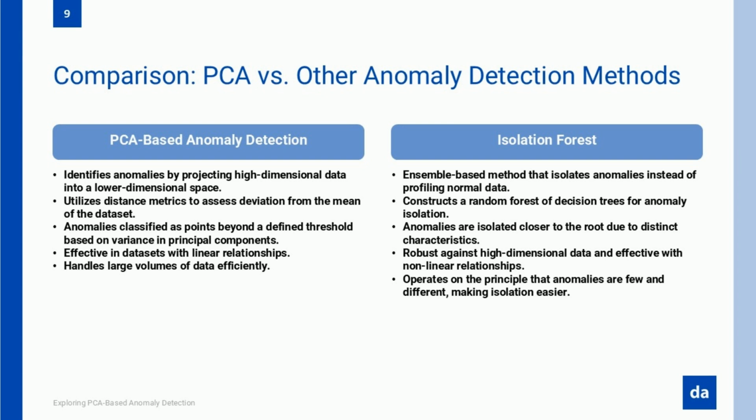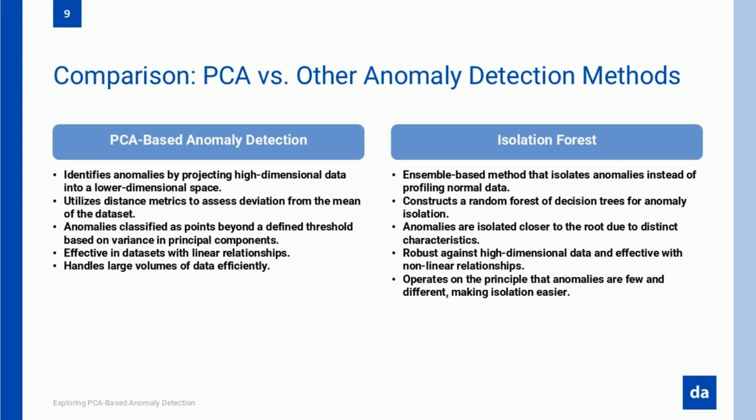Let's break it down. One popular alternative is isolation forest. Unlike PCA, which relies on variance and dimensionality reduction, isolation forest works by randomly partitioning the dataset into smaller subsets. The key idea is that anomalies are easier to isolate because they tend to stand out in fewer partitions. This method is robust to high-dimensional data, doesn't assume linear relationships, and is particularly useful when anomalies are scattered throughout the dataset. However, it requires a good balance of tree depth and sample size to avoid overfitting or missing subtle